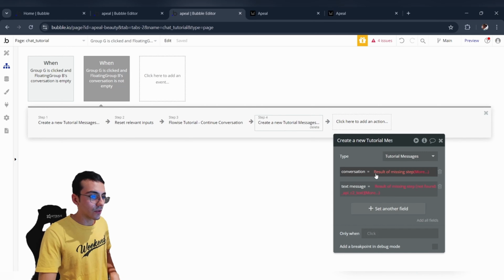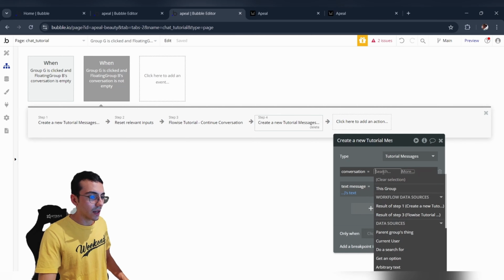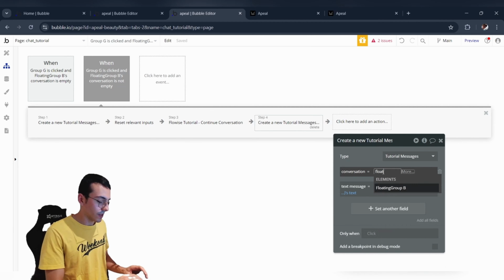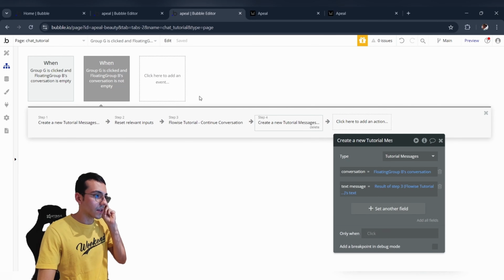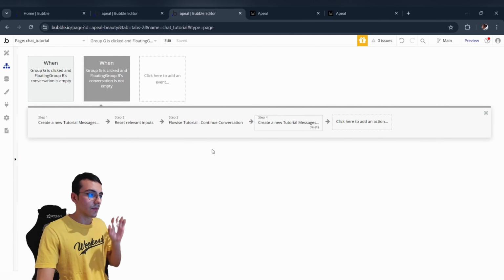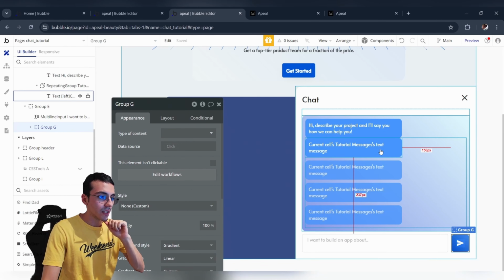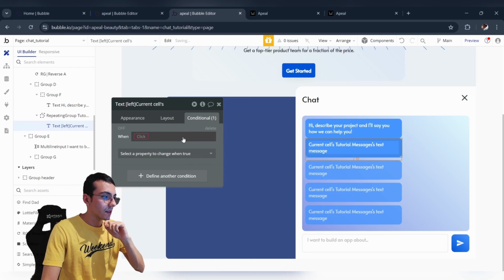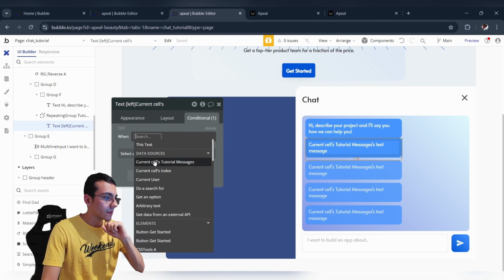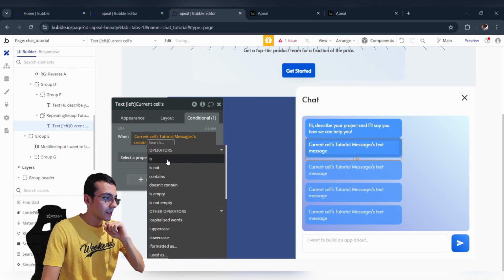Okay. Now we delete this one too. We create a new conversation, but this time it's the result of step 3, and the conversation is from the floating group custom state conversation. Okay. And we are all set up with this workflow too. Now let's make some changes to our messages. Let's add a conditional when this message creator is